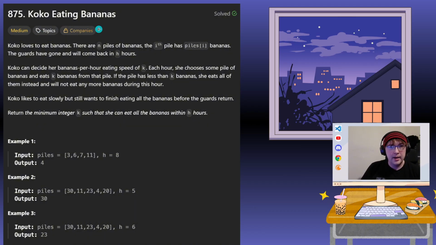There are n piles of bananas. The ith pile has piles[i] bananas. The guards have gone and will come back in h hours. Koko can decide her bananas-per-hour eating speed of k. Each hour she chooses some pile of bananas and eats k bananas from that pile. If the pile has less than k bananas, she eats all of them instead and will not eat any more